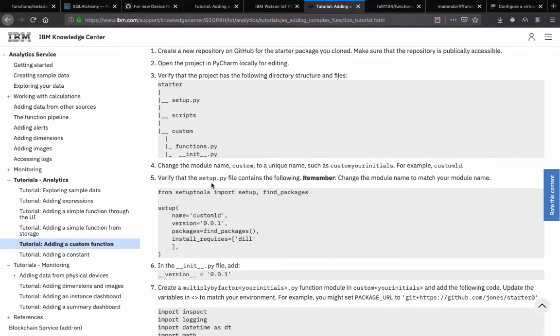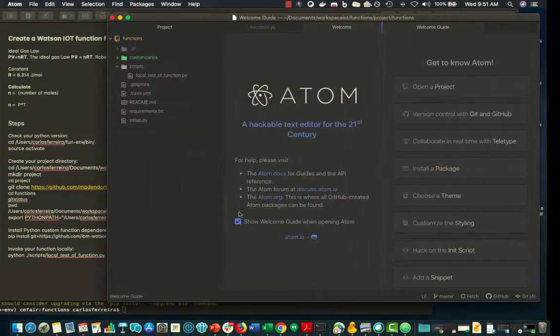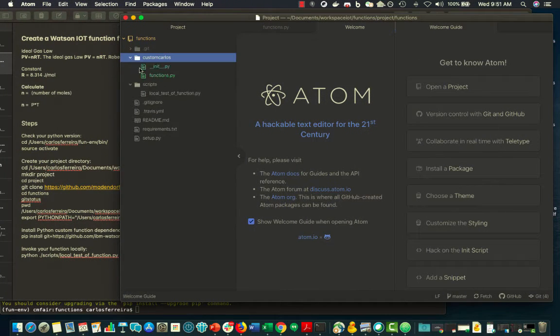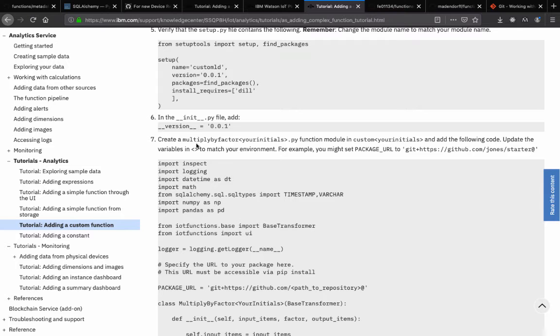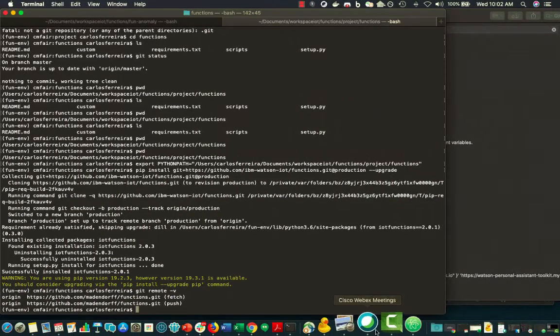Then we're also going to rename the setup file to also refer to the name. So we'll come over here to setup.py and change that to custom Carlos as well. Then the function name, to reflect what we want the function to be. So we go back here